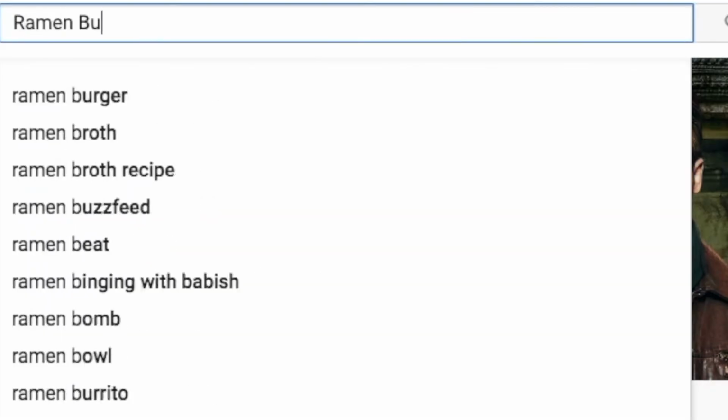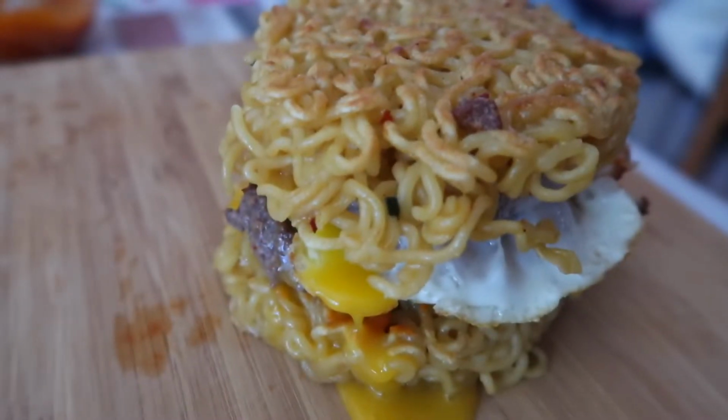The next crazy burger is the ramen burger, and I don't know which burger came first. Was it the rice? Was it the ramen burger? Was it the egg? Was it the chicken? Who knows? But I couldn't find any restaurants locally that serve the ramen burger. So here we are gonna make the ramen burger so we can taste it